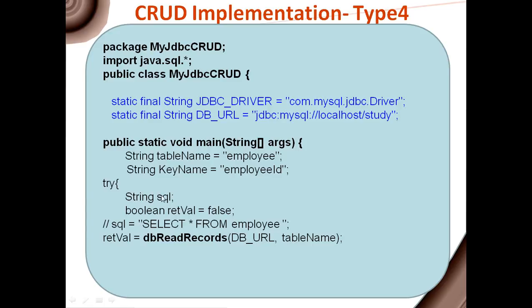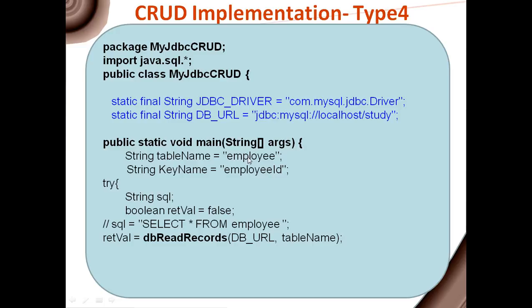Now to make it work properly, we need to know whether it returns correctly, whether it has successfully done the reading of the record or not, and we are going to make use of a boolean flag, and based on whether it is true or false, we know whether it is done correctly or not. Then there are some local variables that are defined, related to the table name, because here in the main my table name is employee, and the primary key I have just named as key name, which stands for the employee ID,